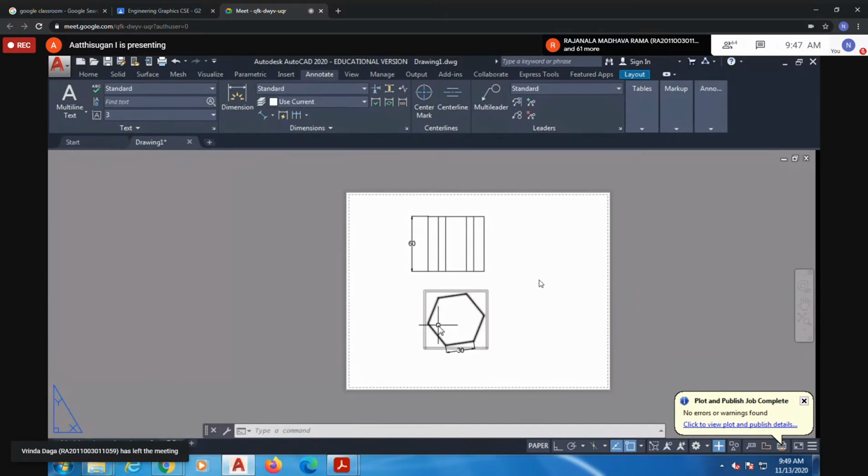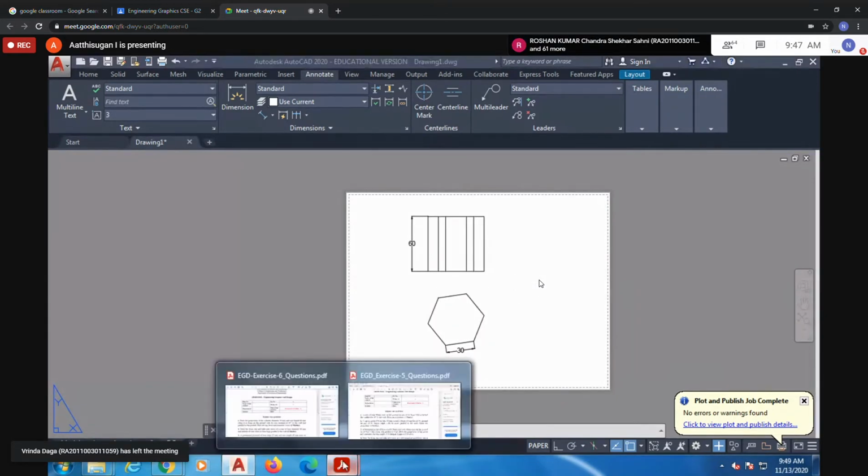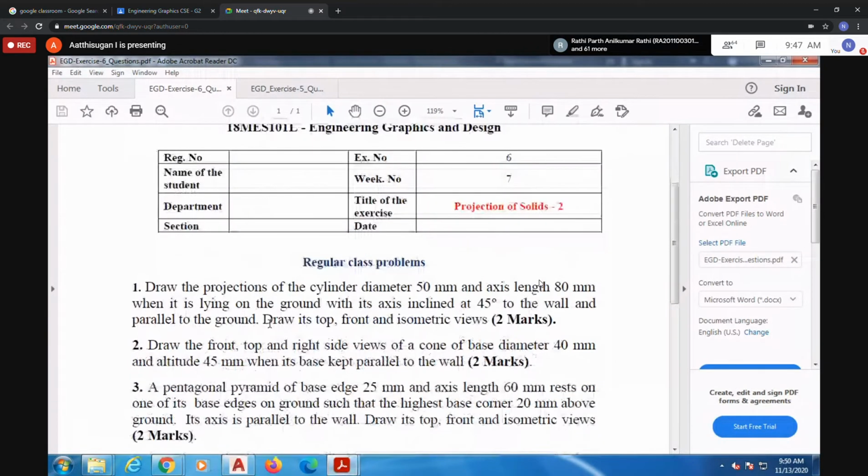Suppose in addition the question asks you to draw the side view, then you draw the side view. See, in the question they ask only to draw the front view, top view and the isometric view. For the isometric view, no need to worry about labels. The main thing is the front view and top view must be labeled. If you give the isometric view, that will also be well and good. Side views and all, they won't ask at most.